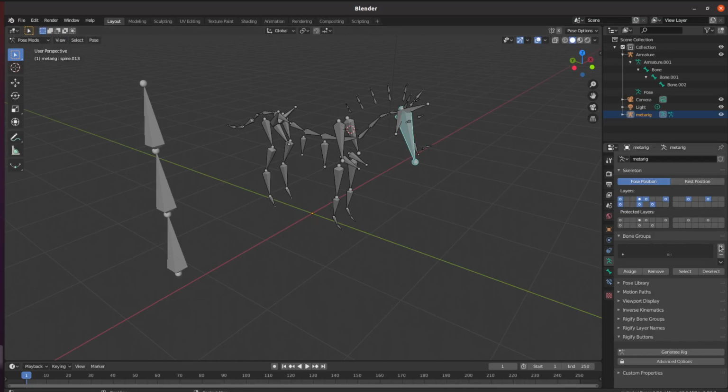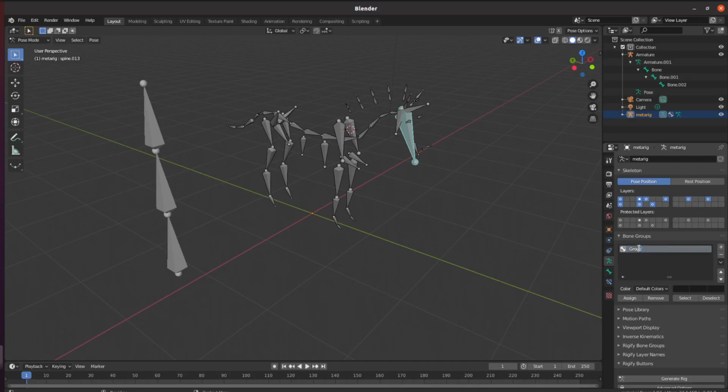In the bone groups, you would say add. You would name the group. Let's call it front, and then add another one. Let's call it back. While you are in the front, you would select the bones you want to be in the front. It would be much easier if I just do this and then remove the ones which I